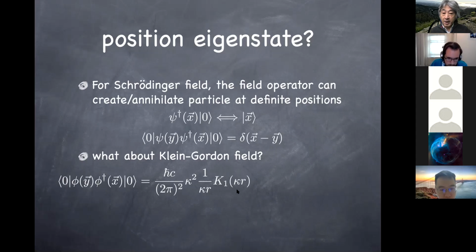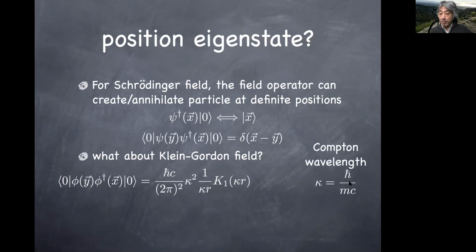Working this out is a little bit complicated because you end up having this Bessel function instead of just the delta function. And this κ in this parameter here is related to what is called the Compton wavelength, which is ħ over mc. If you remember the Lagrangian of the Klein-Gordon field, this κ appears in the Lagrangian as the coefficient of φ*φ, which was m²c²/ħ². So what appears in the Lagrangian is κ squared. This quantity, the Compton wavelength, as the name suggests, has the dimension of length. So the inverse length, I apologize.